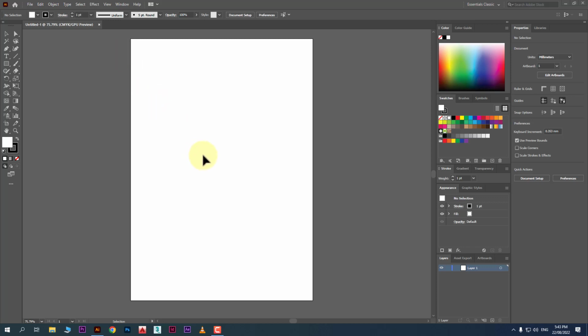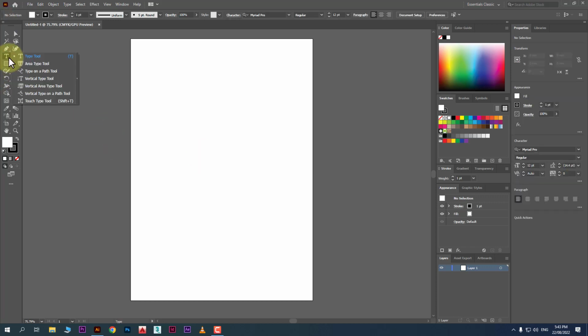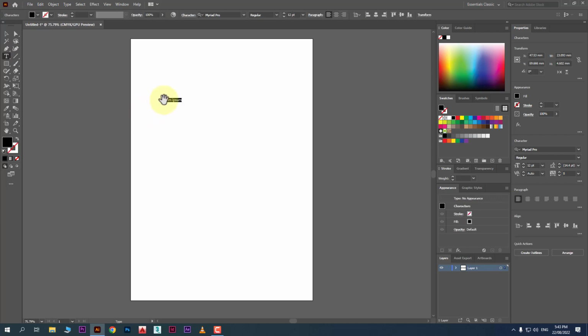Okay, today we will learn all about the type tool in Illustrator. The type tool works almost the same across all Adobe software. We will discuss the basic rules of typography and how we can use the type tool in Illustrator. First of all, if you take the type tool and click once,